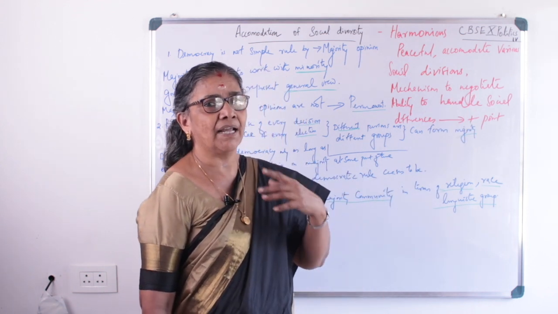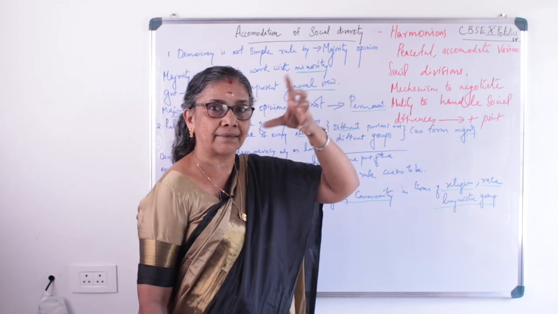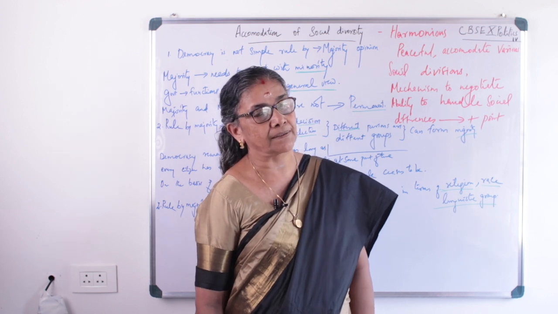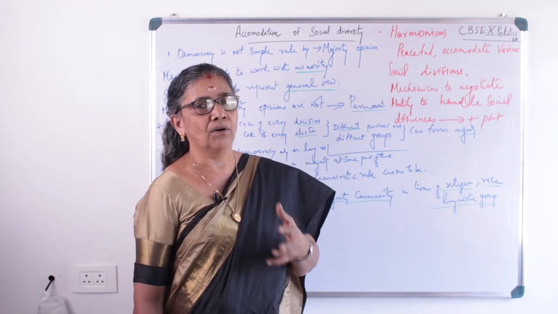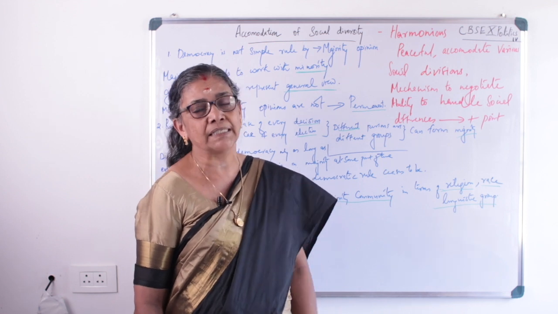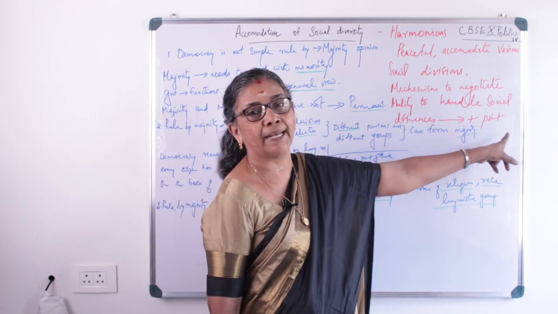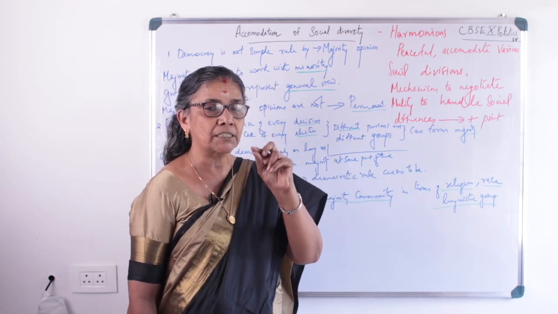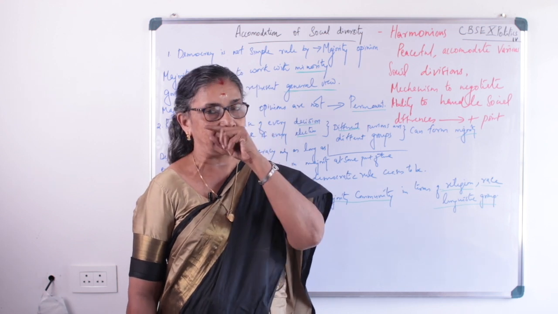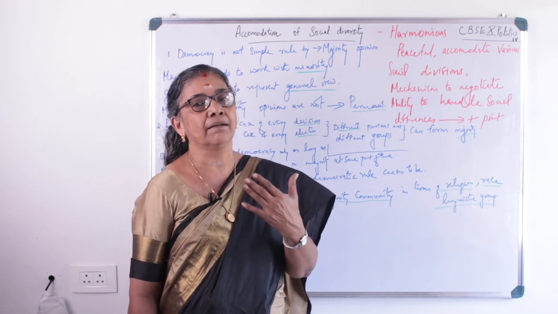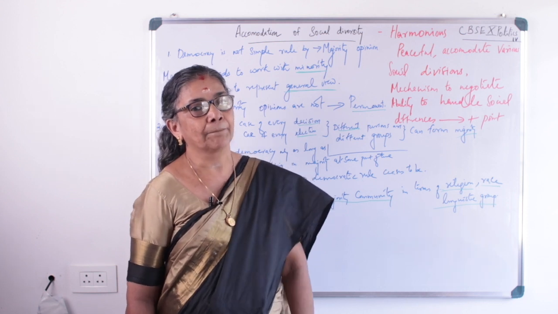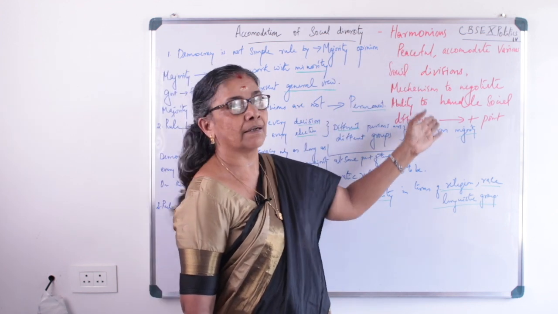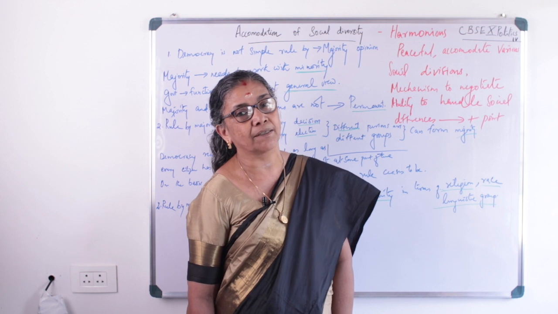All these things are written in the first two paragraphs. The ability to handle social differences, social groups or social diversity is a plus point in democracy. So go through the textbook lines, the two paragraphs. Majority of the sentences can come as a question. So don't expect only the question on accommodation of social diversity. All these are other possible questions we can expect in the question paper.